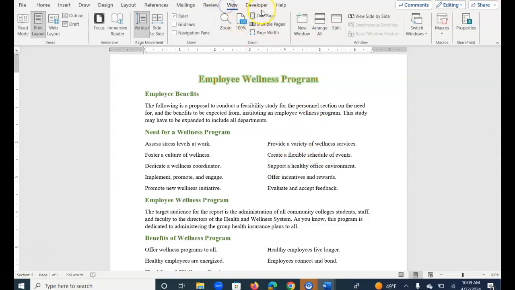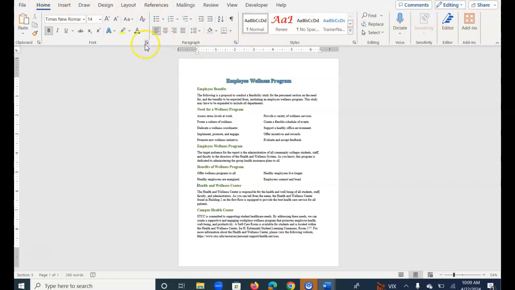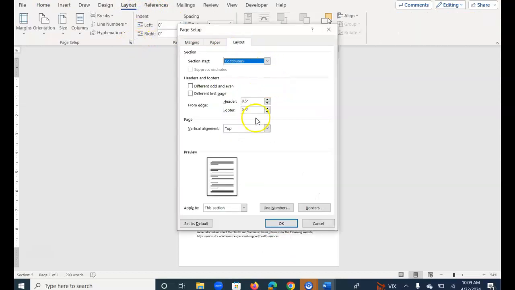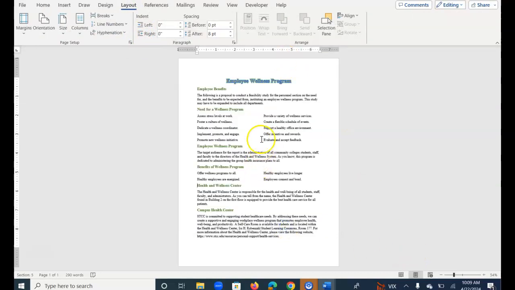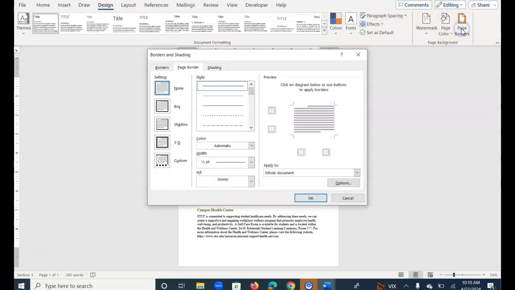So if we were to view this one page, again, it's pretty closely matched with the top and bottom, but if you wanted to, you could go to the page layout setup and then choose layout and center it vertically, and then you can have it just drop down slightly. Feel free to add a border or color, and I wanted to show you where the color, where gradient fill is. So if I were to go into